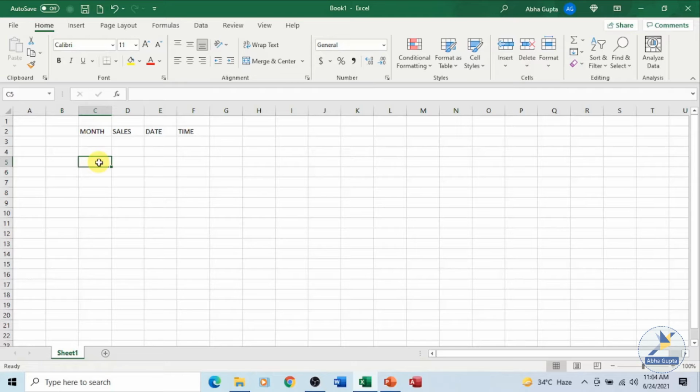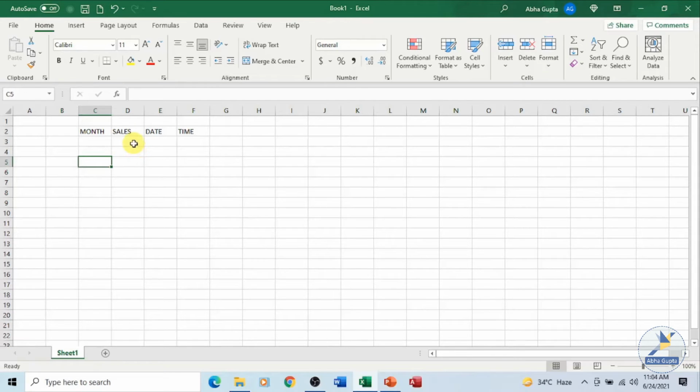Now we want to enter some numbers on our Excel sheet. Now numbers can be in the form of 0 to 9, it can be negative numbers, it can be positive numbers. Together with numbers, we can put them within parentheses, we can place dollar signs, percentage. And keep in mind, whenever we enter a number in a cell, it is always, by default, right aligned.